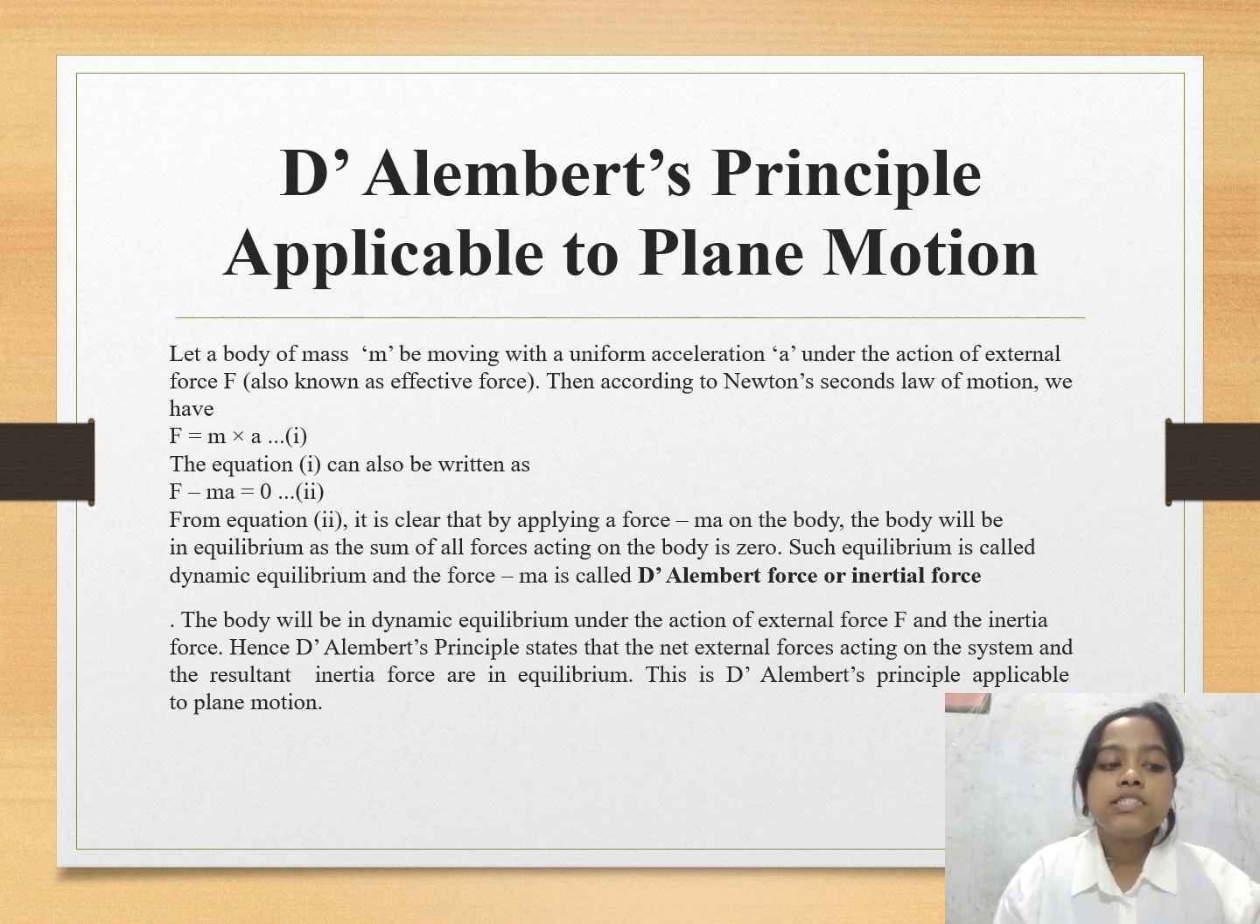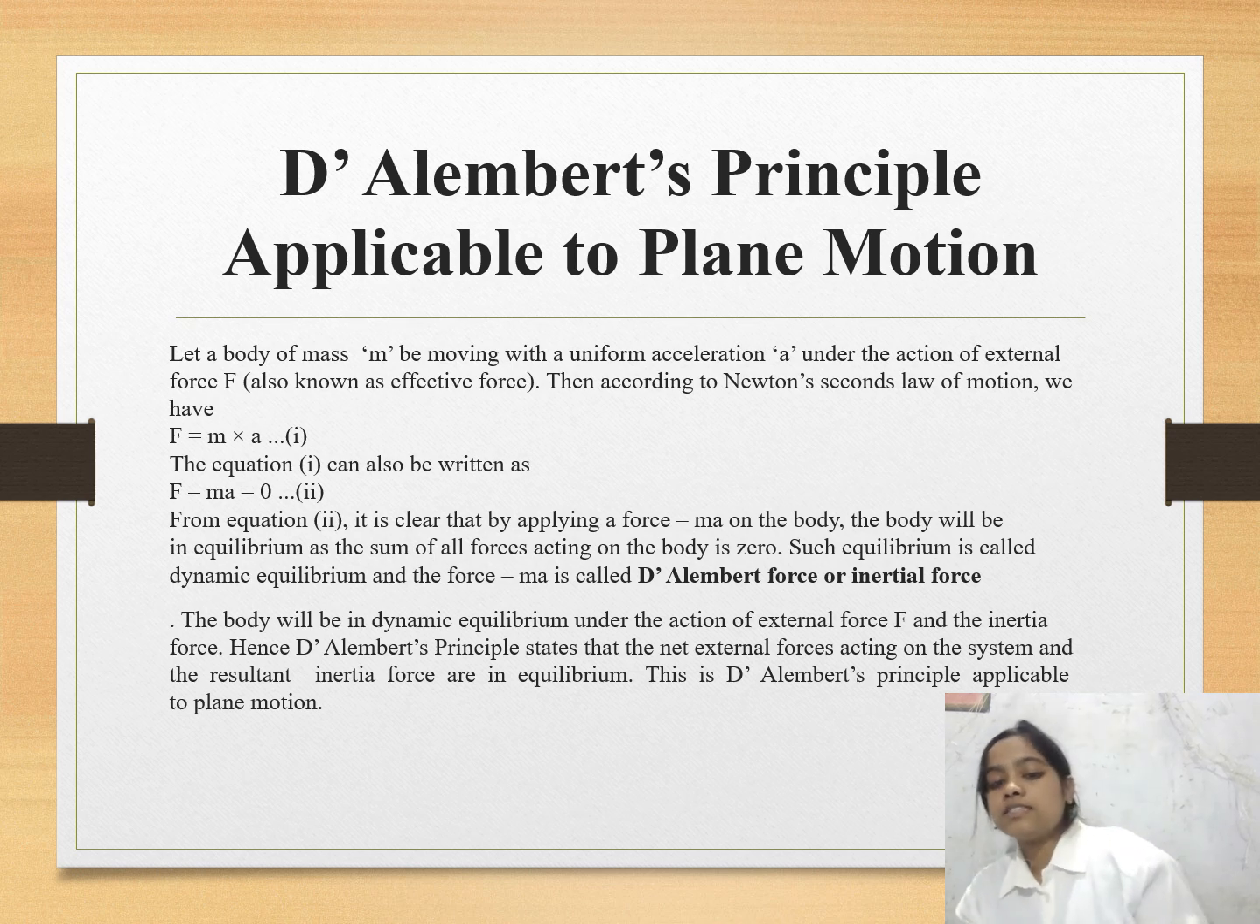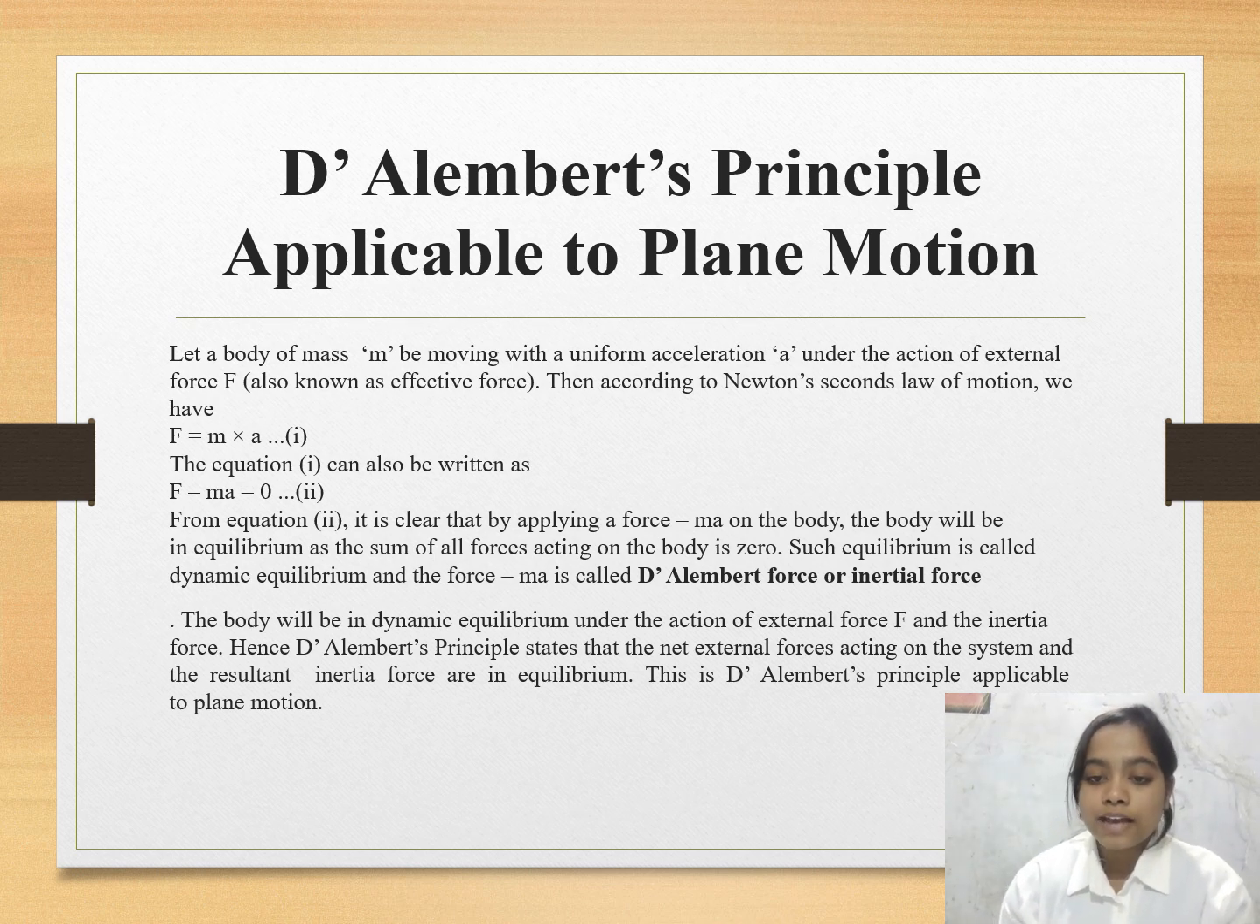Therefore, it states that the resultant force acting on a body together with the reverse effective force or inertial force are in equilibrium. The body will be in dynamic equilibrium under the action of external force F and the inertial force. Hence, D'Alembert's principle states that the net external force acting on the system and the resultant inertial force are in equilibrium. This is D'Alembert's principle applicable to plane motion. So basically here it says that